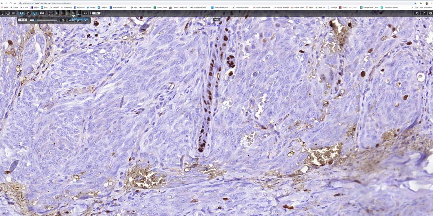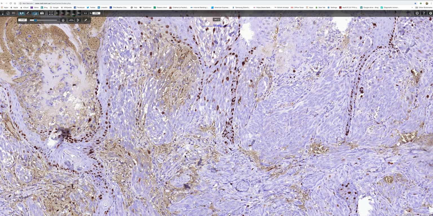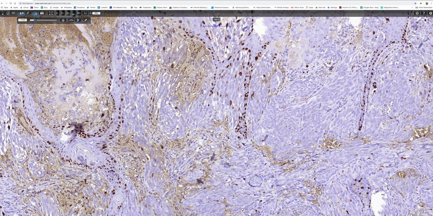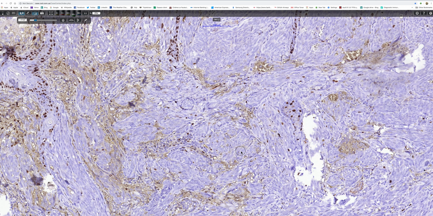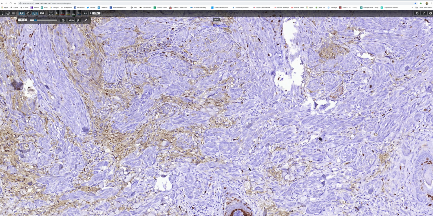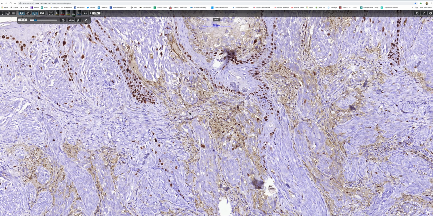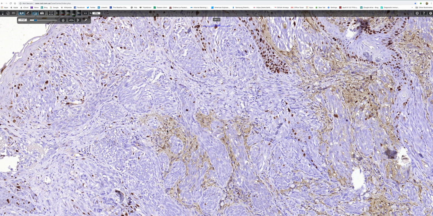If I go down to slightly lower power, that's probably better. And what you can see very clearly there, in fact this is absolutely lovely, is that keratinocyte shows marked Ki-67 expression, and the nevus pretty much shows nothing from top to bottom. So that would be really good, and that's a strong indicator that this melanocytic lesion is not doing anything that